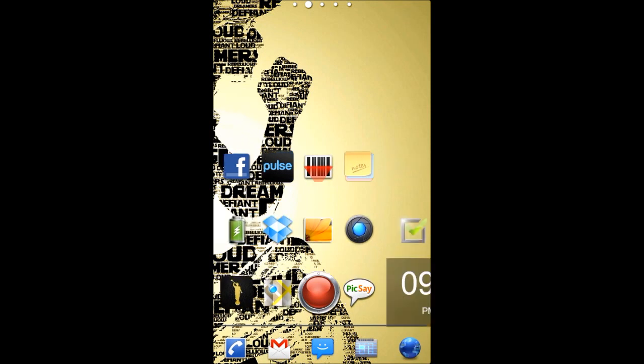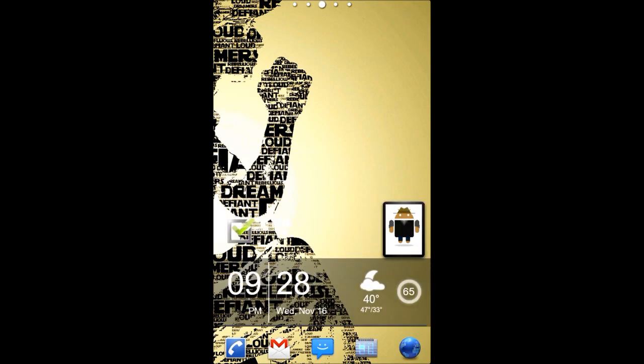Getting a home replacement app: go to the Android market and look for one that works well for you. I like ADW Launcher. Go Launcher, I've seen, is pretty good. And Launcher Pro is pretty good as well. They all offer a free version, and then if you want the full functionalities, there's a premium. It just depends on what you want. If there's another launcher that you like better, there's a ton of different launcher apps, and I always enjoy